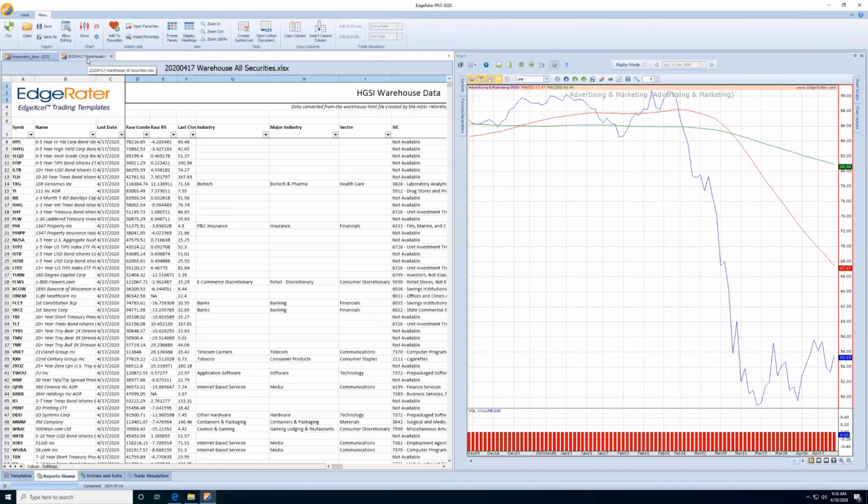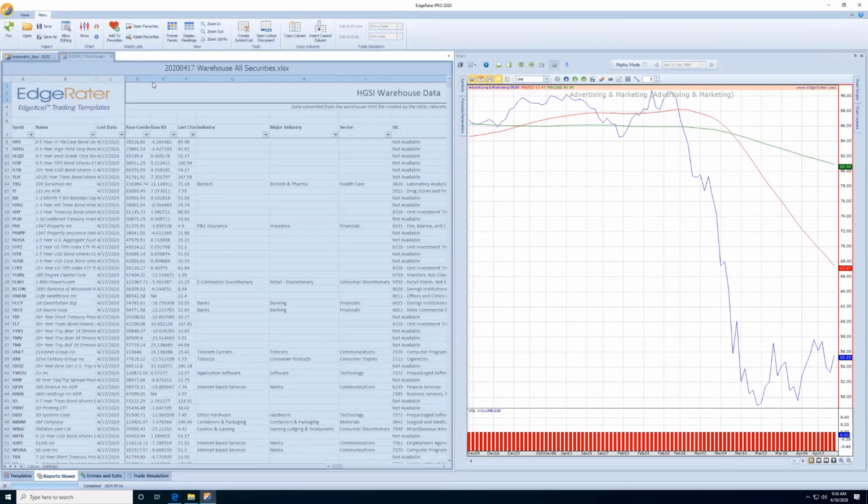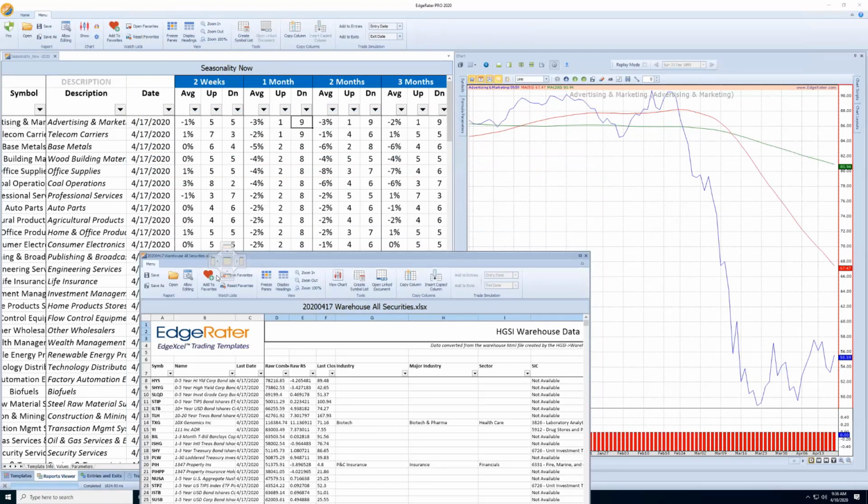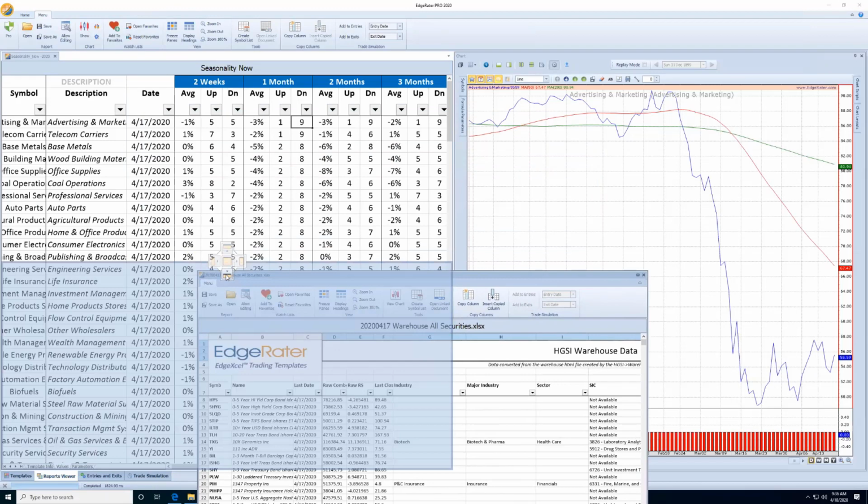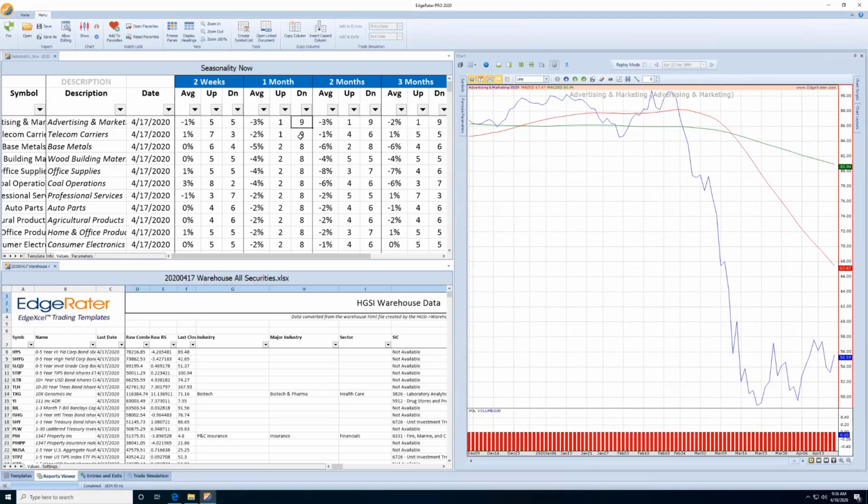And one of the things you can do is tear this off. I'm dragging it with my mouse, and I like to put it down underneath here. You don't have to do anything special. EdgeRater knows that the list you're using has these symbols in it, and it's going to now filter your warehouse or securities down to